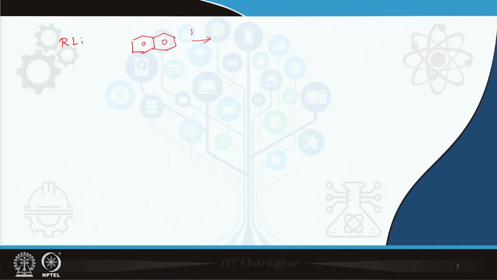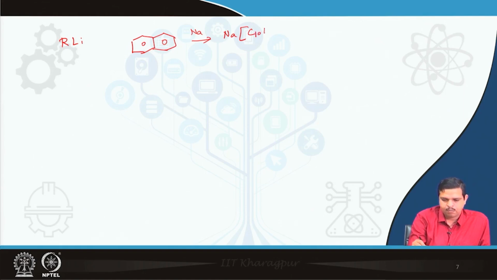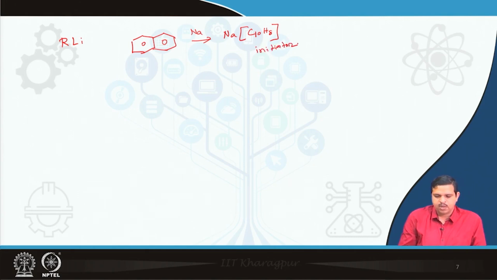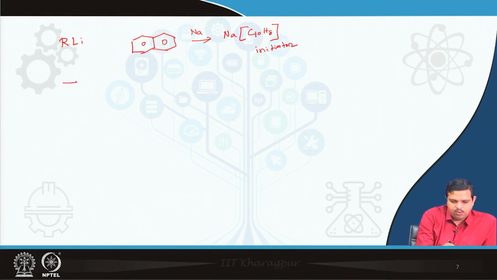So, if you react with sodium metal, you will get the C10H8, and this is a very good initiator for some of the polymers. Okay. So, the main point of the anionic polymerization is the living,